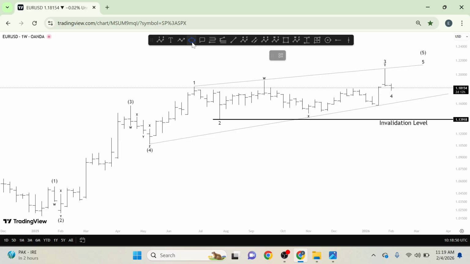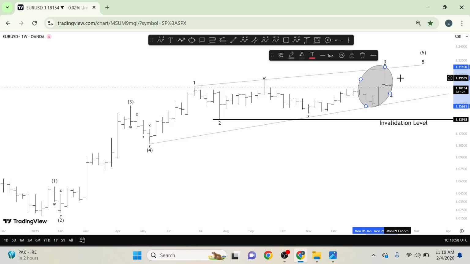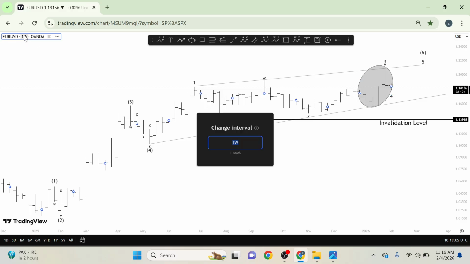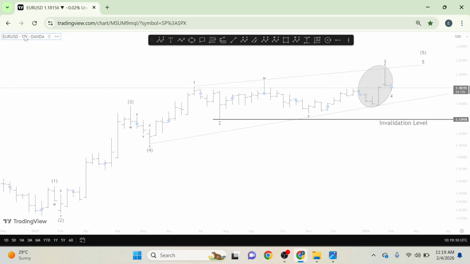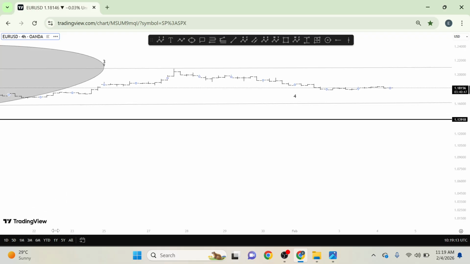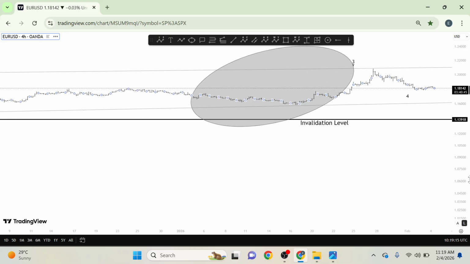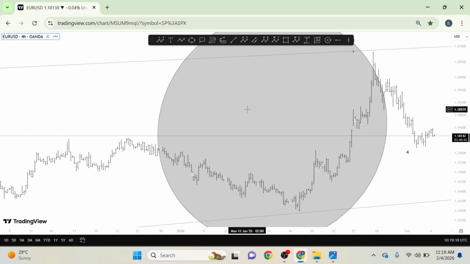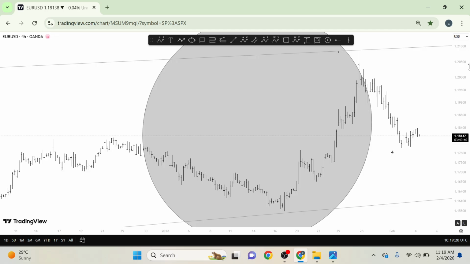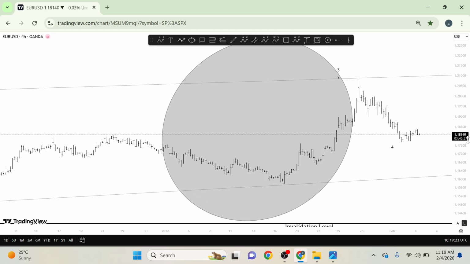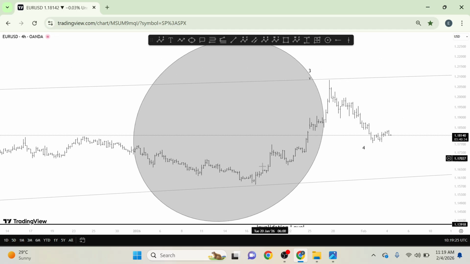And some people might feel maybe this profit is just a little profit. Let me change the time frame for you to see how large it is. This is the weekly time frame. Let's choose at least the 4 hours time frame, so you can see it yourself. So this is the 4 hours time frame. Can you see? This is the profit